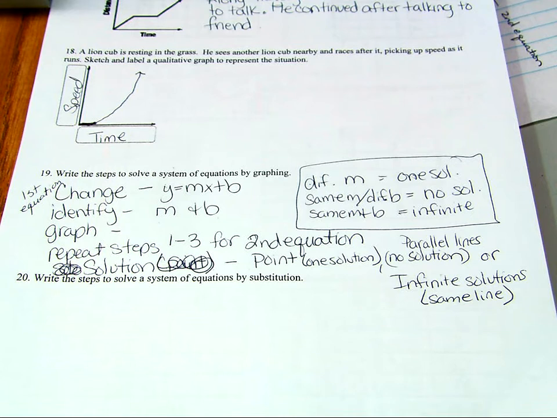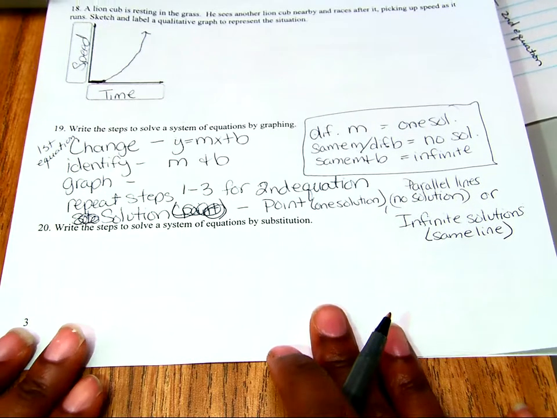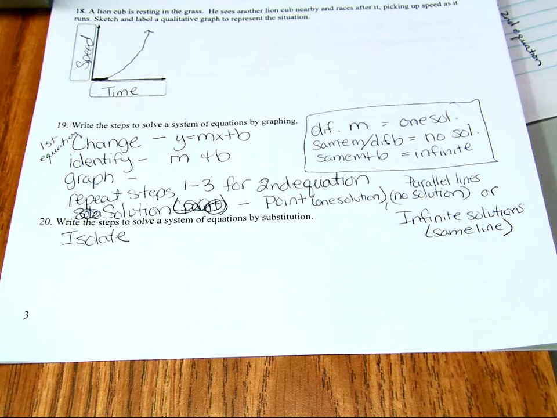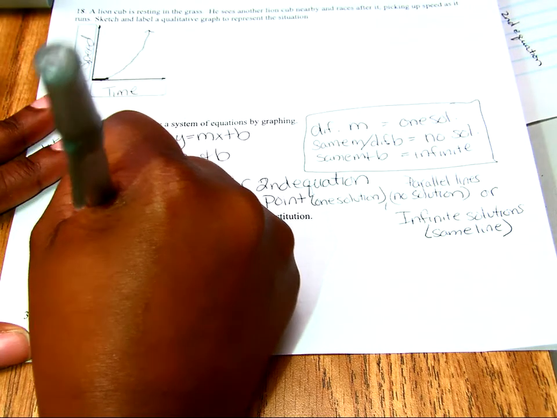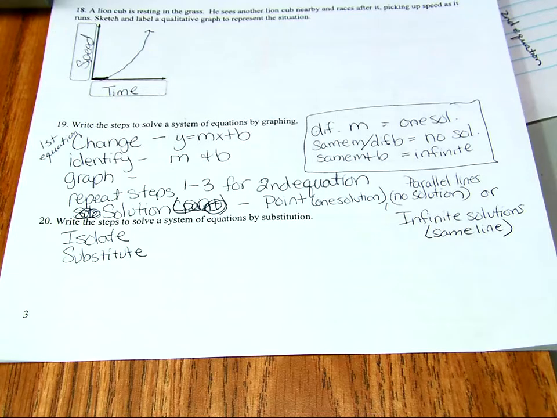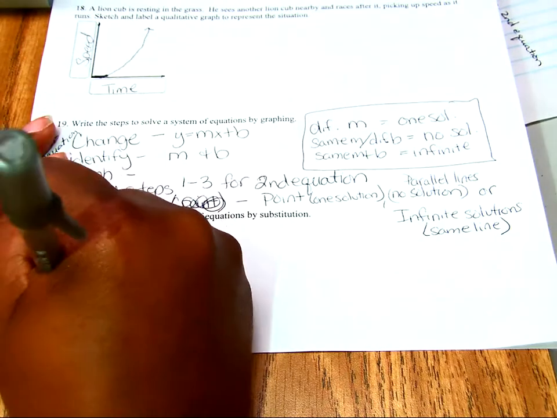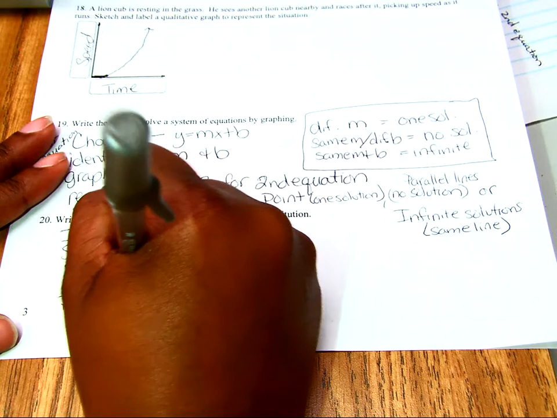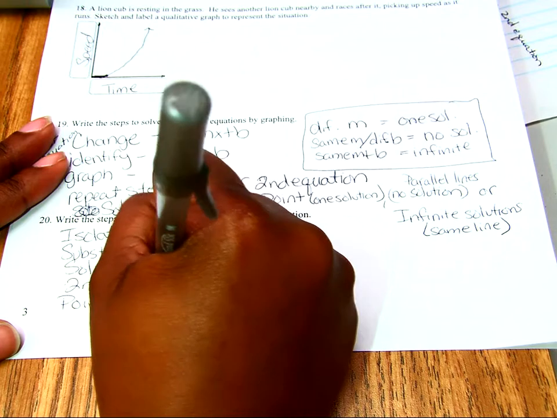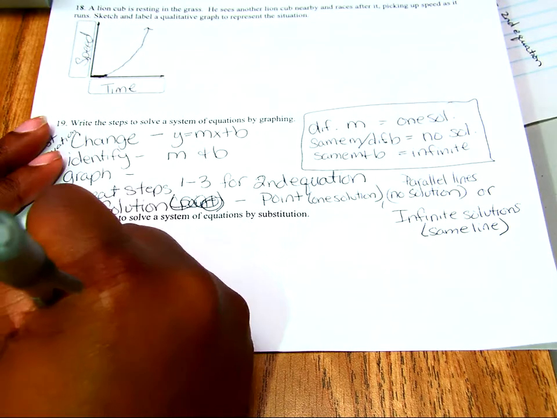All right. 20, steps for solving substitution. You guys should know this. Isolate, substitute, solve, second variable, point or solution, and check. All right,